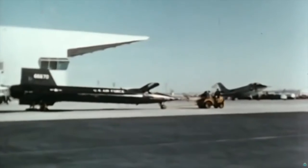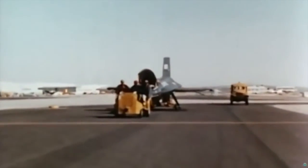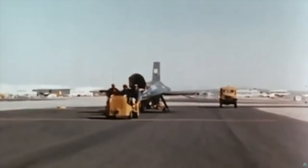January saw the number 1 airplane make its final qualifying flight. Delivery to the Air Force and NASA started a new crew on acceptance check and pre